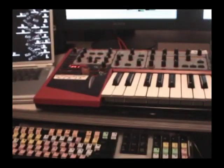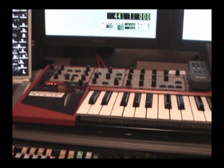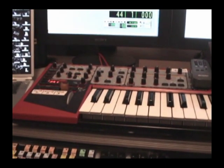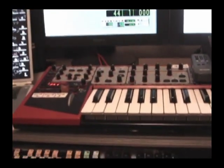My main keyboard controller, painted down here, basic Nord Lead 2. I had a Nord Lead 1, but while I was working over at Alma with it, somebody actually walked into the building and stole it. So they bought me a Nord Lead 2. Sitting on top of the Nord Lead 2,